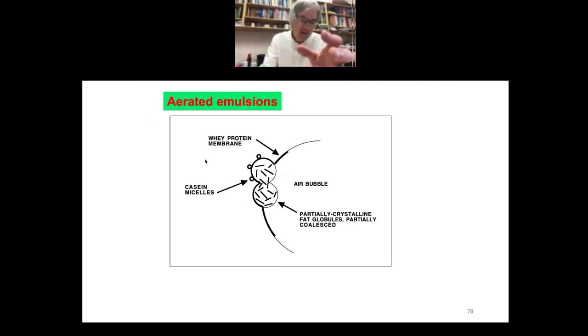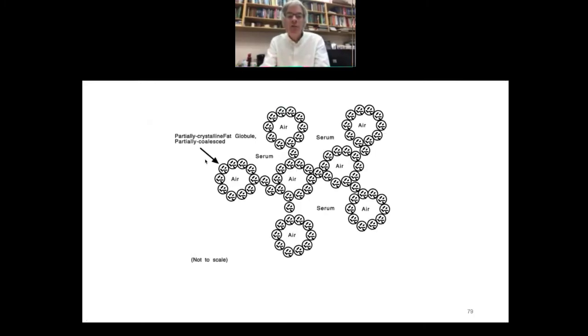So the fat is more comfortable moving to the air interface and sitting at the air interface, and this is what leads to partial stability of the air bubbles. So with cream, we have the combination of the coverage of the air bubble with fat and the linking of one air bubble to another air bubble through that partially coalesced